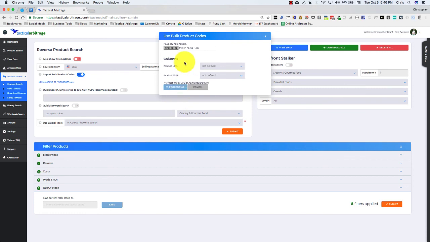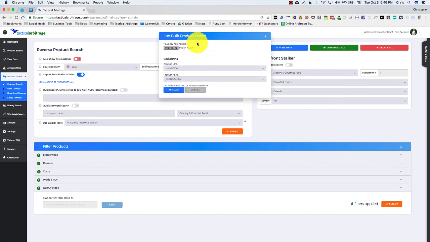Now this is going to take it into the Smart Upload feature, and you can see that it looked for a product UPC. It didn't find any, so that's going to stay as not defined. And then it's going to look for the product ASIN. We can see that it pulled the ASIN correctly. Now we upload that,